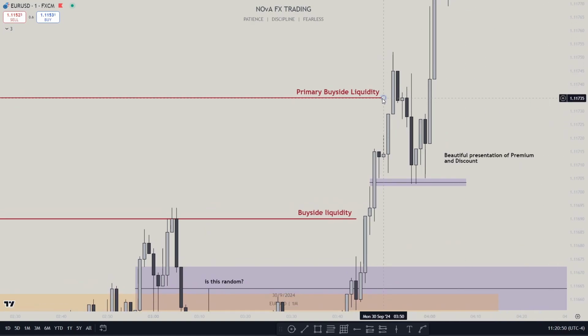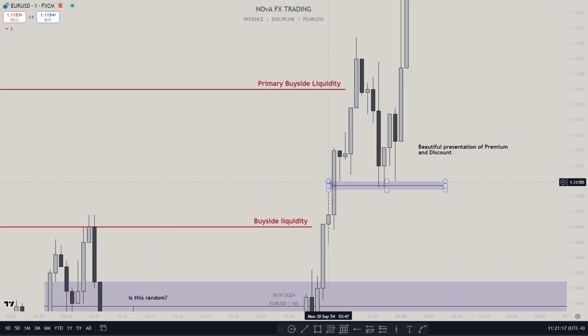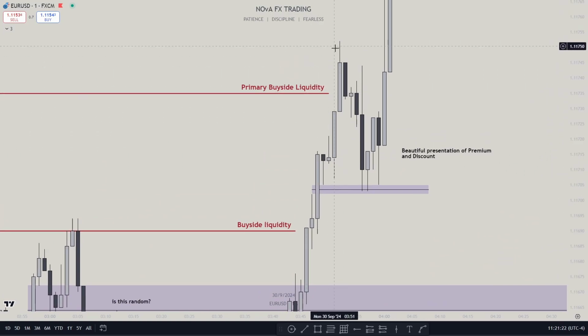Okay, so after taking this liquidity over here, what's the price gonna do? The price is gonna come down to a discount zone where it balances, where it attains a fair value price in a fair value gap or an order block, so that it can further go above if it's a bullish move right there. So I wrote a beautiful presentation of premium and discount. Look, that's what I'm going to say now. So we can see that it went up, right? And it went above this primary buy side liquidity. So after taking liquidity, it's going to come down to a fair value gap